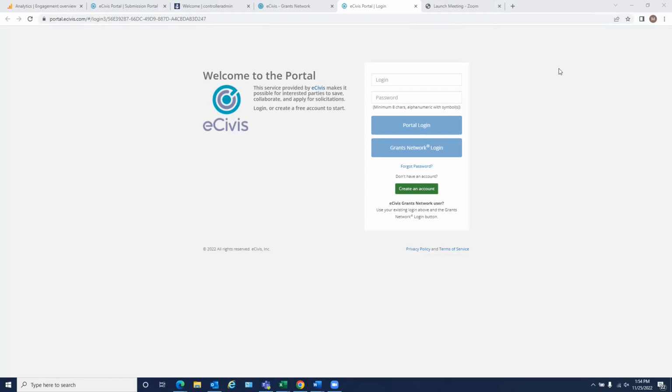The first step in this process is to navigate to the designated grant solicitation. We recommend using the Google Chrome browser as the eCivis platform performs the best on there. The state agency who issued you this award should have sent you a link to the eCivis portal via email, but you can always find a link to the solicitation on the Grants Management tab on the Accounts and Controls